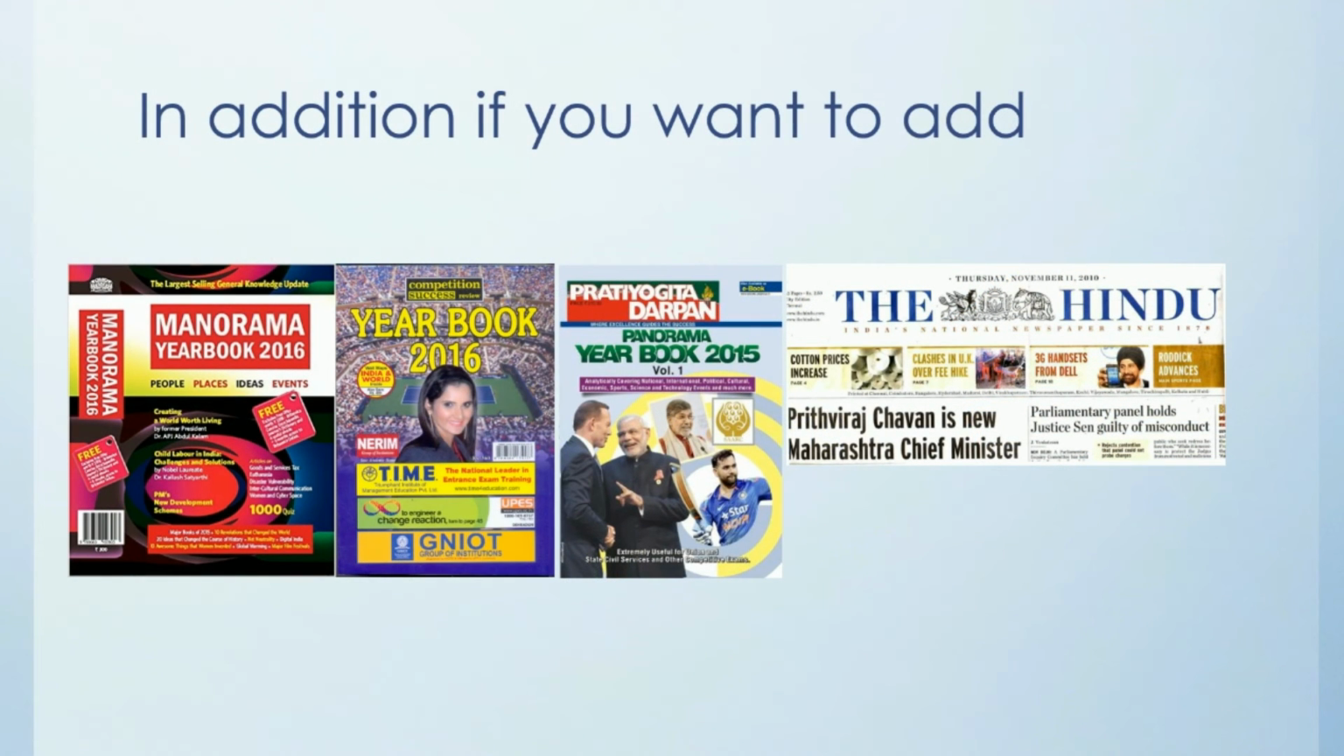And as an extra edition, if you want to read current affairs, and if you are not aware of current affairs by some means, you can go through Manorama, Competition Success Review books, or they have monthly magazines, same as with Pratiyogita Darpan. They also have monthly magazines, and the foremost